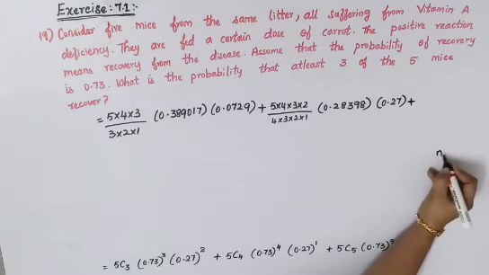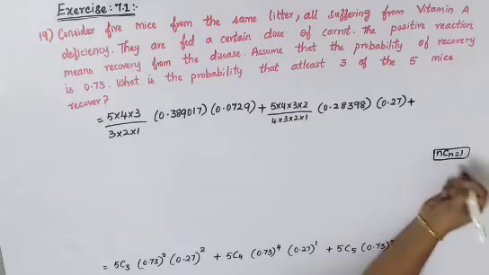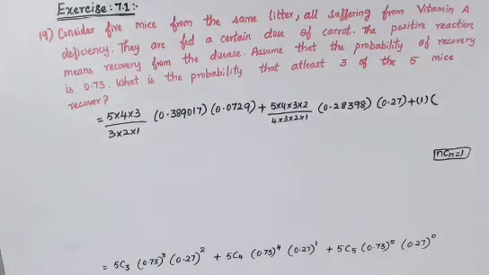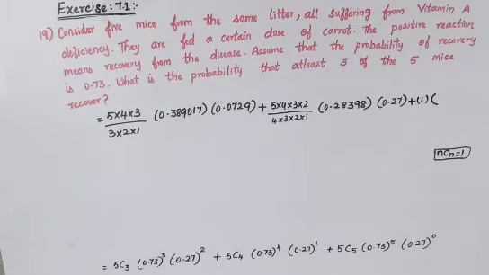We know the formula, n is equal to 1, therefore 5C5 will become 1. Okay, so 1 into, your next part is 0.73 the whole power 5. If you multiply, you will get your answer as